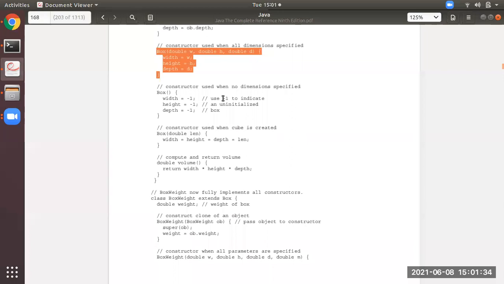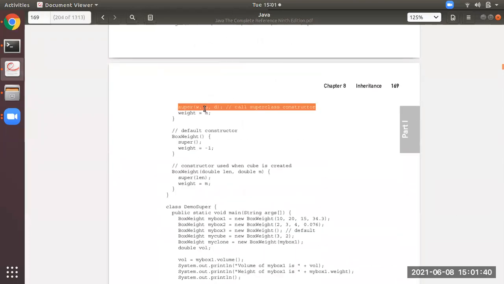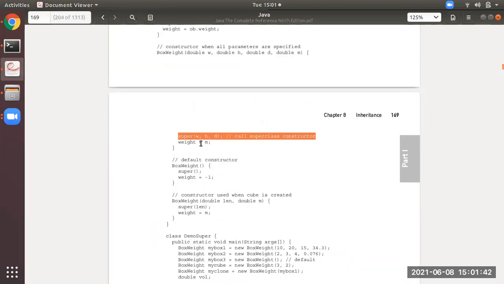So width, height, depth will be initialized with 10, 20, 15. And now it will return back from where it was called. It was called from here. So now after this line, you have the weight variable, which is initialized with M, that is 34.3.